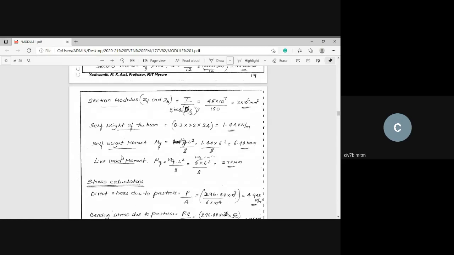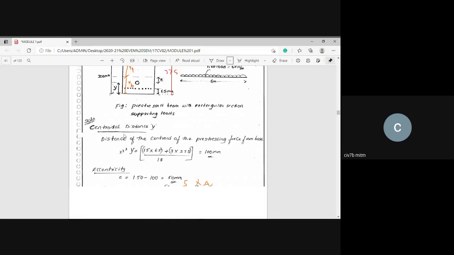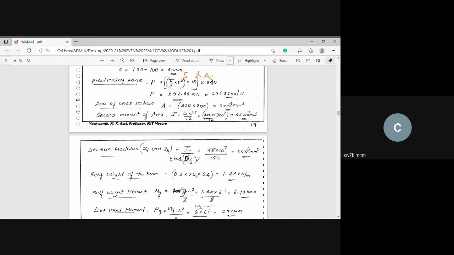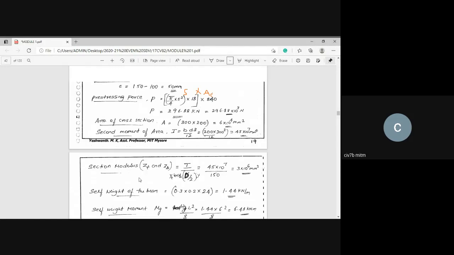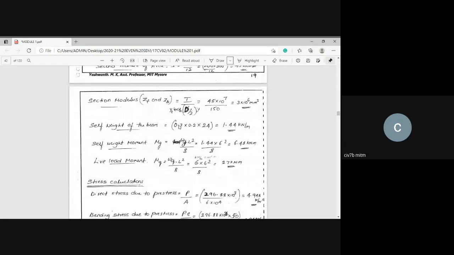Next, we'll move on to the self-weight of the beam, or dead load of the beam. The dead load or self-weight of the beam is equal to, how to calculate that? Width of the beam into overall depth of the beam, please note down, into density of concrete. And please note down here, the dead load answer will always be in kilonewton per meter. But my dimensions are in millimeter, so please convert those into meter.